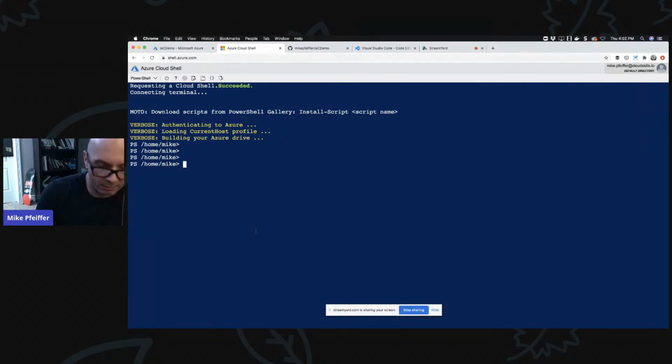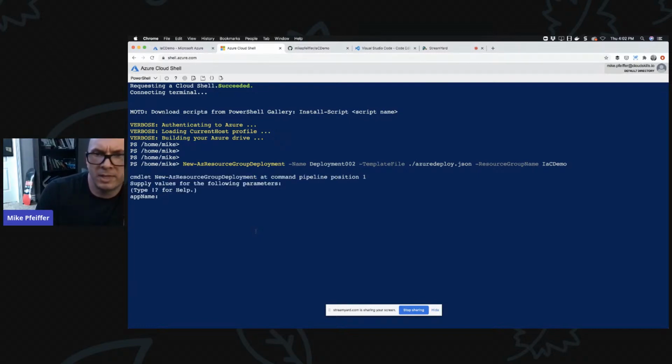Anyways, different chat. Let me up arrow back over to the previous command. That's also a neat trick in the Cloud Shell. Notice it maintained my history, even though I restarted the shell. All right, let's try it. Ready? Hit enter. And now it's asking for the app name.